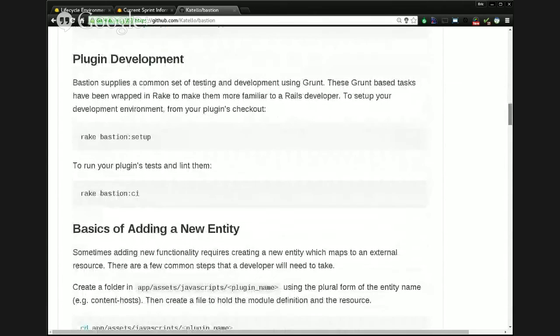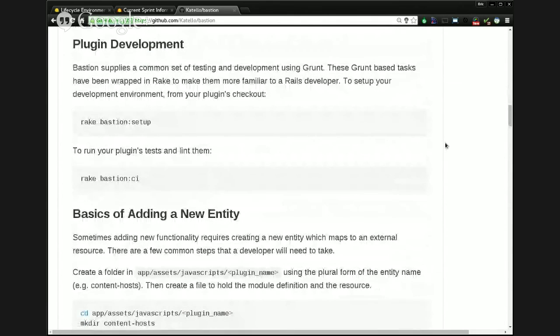And then we've also tried to add a bunch of documentation on how you can develop a plugin, how you would add, say, a basic entity, and as I mentioned, adding both grunt tasks, which is a common Node.js-based tasking system for running tests, to also wrap those in Rake for the Rails developer that prefers to use Rake or is more familiar with Rake, such that if you, for example, use this and you run Rake bash